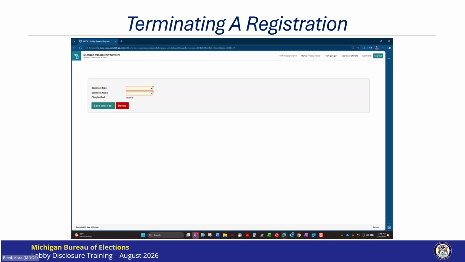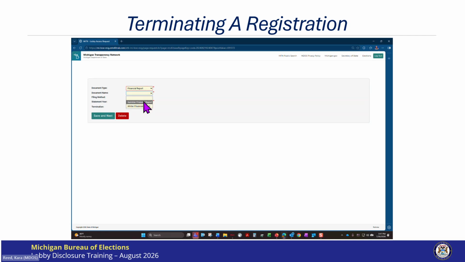A termination financial report must be submitted the day of or after the termination date. You do not need to wait for the financial report filing deadline, but you cannot submit a report before your termination date. So I will click Financial Report.